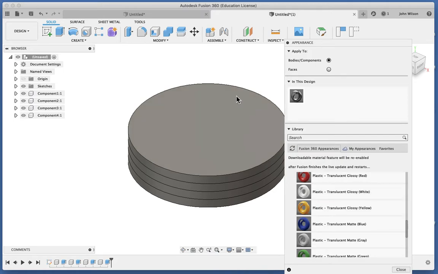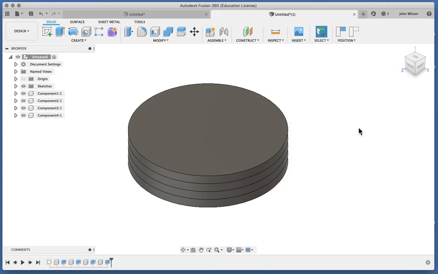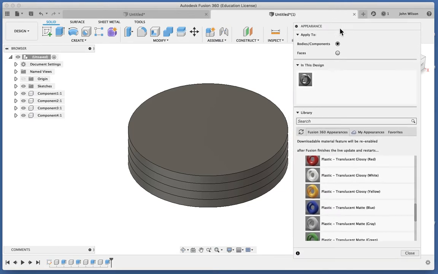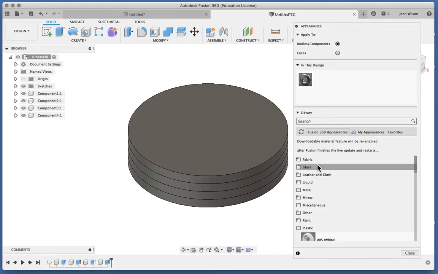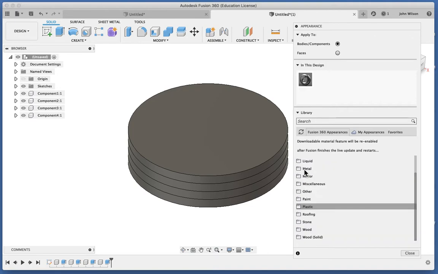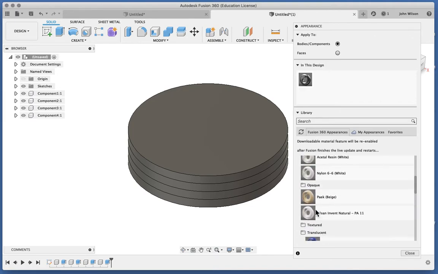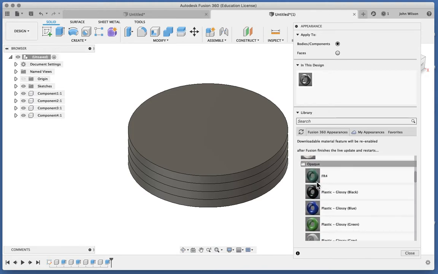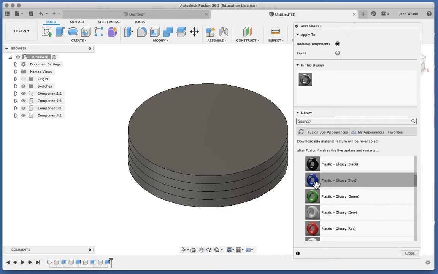So I'm going to press A on the keyboard, which is short for appearance, and our appearance bar opens up. In it you've got all sorts of things, fabrics and cloths, but we know this is plastic. So I'm going to come down to the plastic option. When I open that up, there are some that are see-through, some that aren't. I'm going to choose